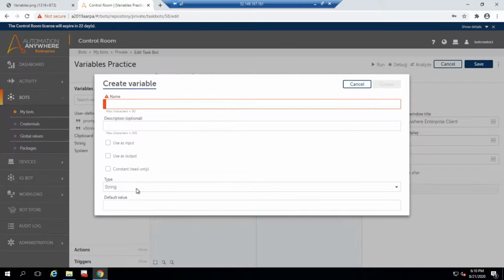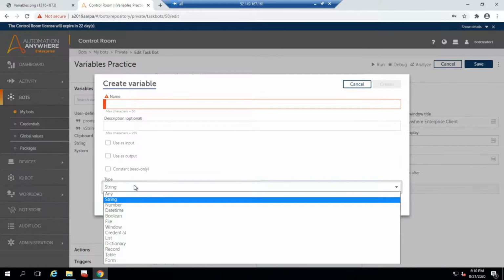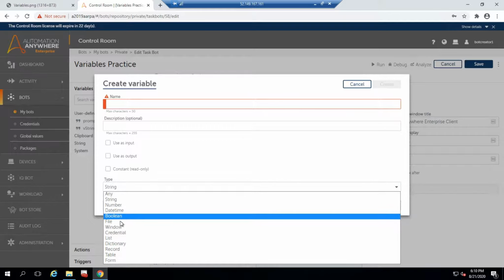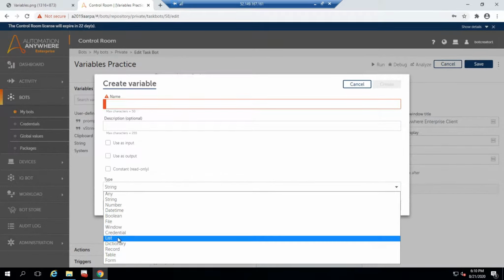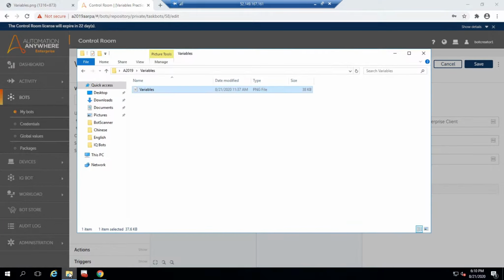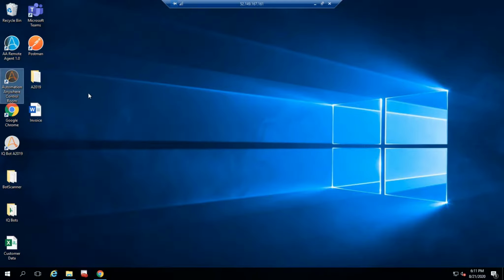We have not seen file, boolean, credential, and list, dictionary, record, table and forms, right? So let me give you an example about table and record. For example, let me pull up some file here.